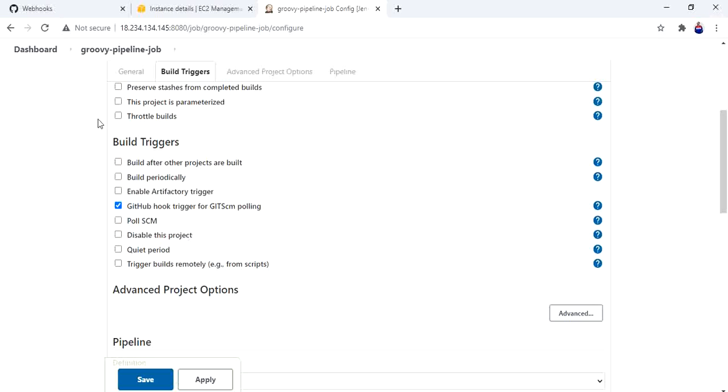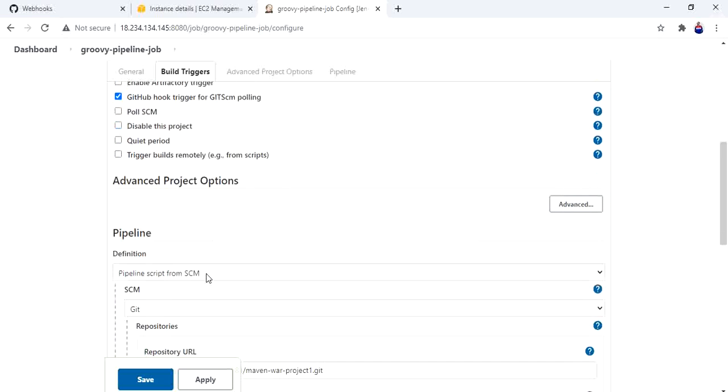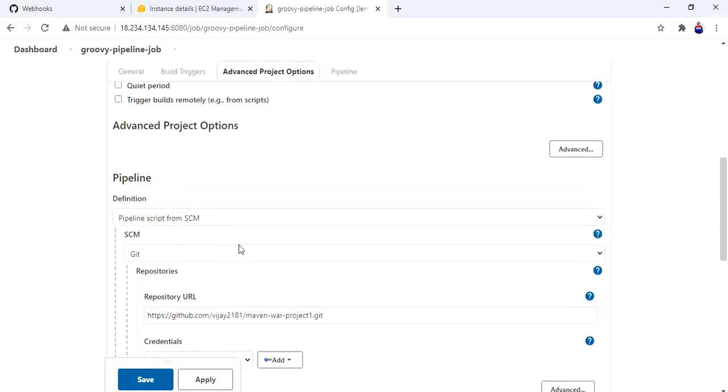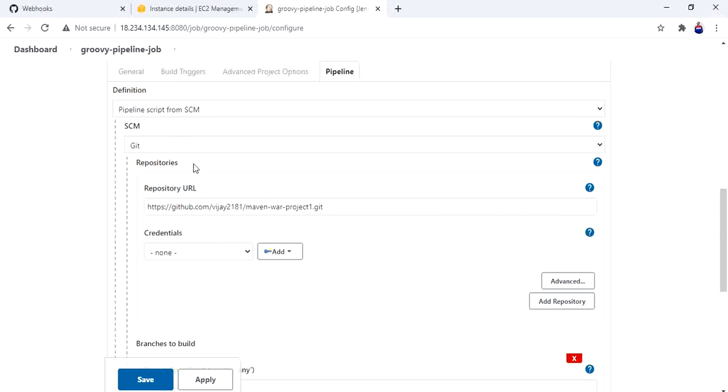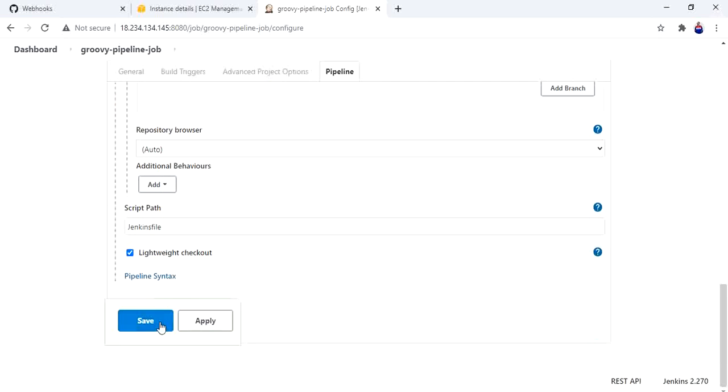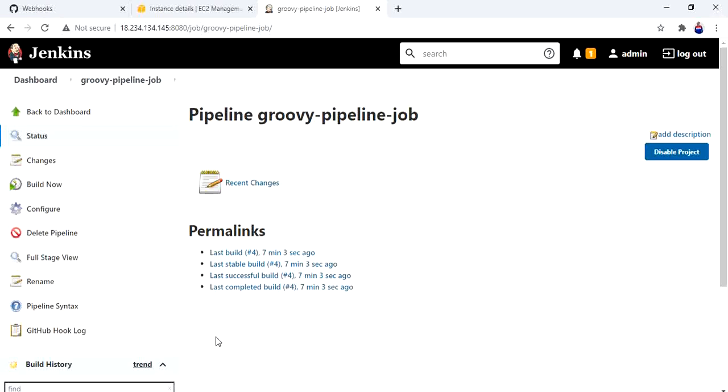To this particular job, my webhook has to get integrated. That's the thing, you have to check this option. Next, you have to select the git URL. Okay, everything is fine. Save.